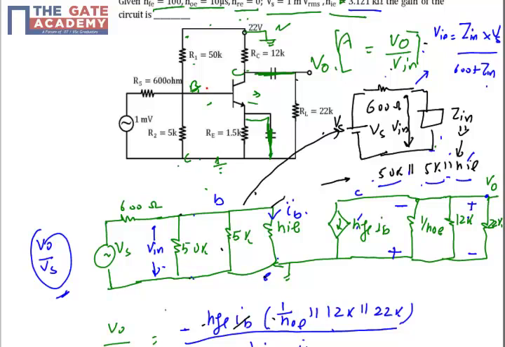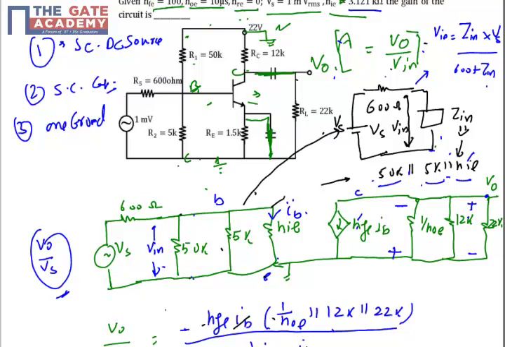There are steps you need to do in small signal analysis. This is one type of problem which is very famous and very important from the gain point of view. Step number 1, always short circuit the DC source. Step number 2, short circuit all the capacitors, because in the AC analysis we assume that the frequency is fairly large, so the capacitor will behave as a short circuit. All the DC and biasing capacitors will be short circuited. Step number 3, make sure you only have one ground in the circuit.